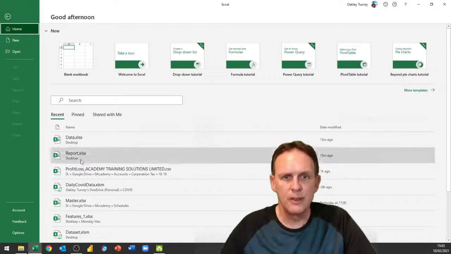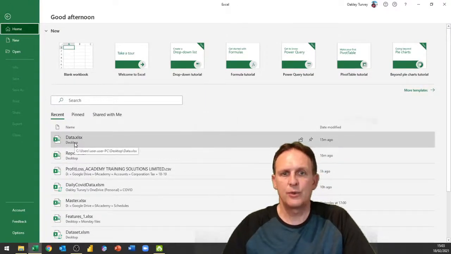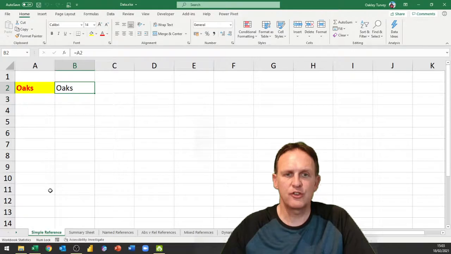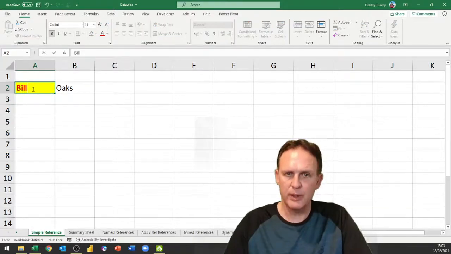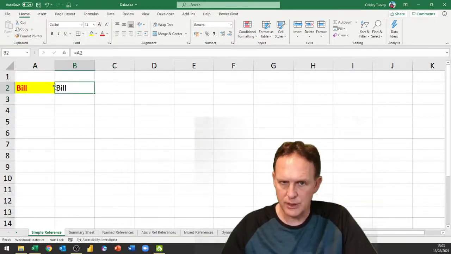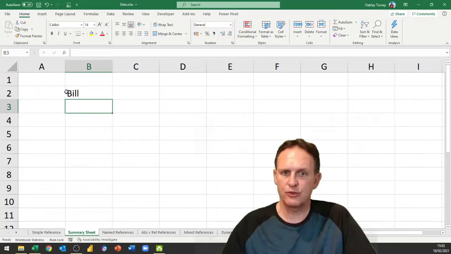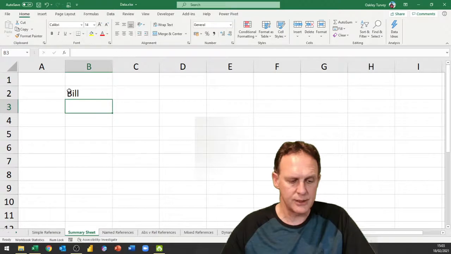Click on File, and we'll see this was my data report. So I'm going to go back in here and I'm going to change what was in that first cell. So I'm going to change this to Bill. When I press enter, you'll notice that the reference on the same sheet has updated. The reference on the other sheet has also updated. And now if I close and save this workbook,